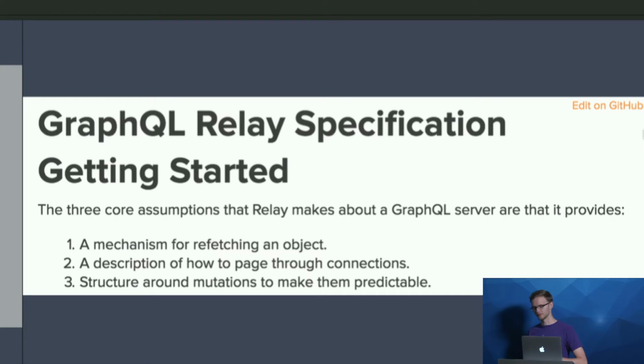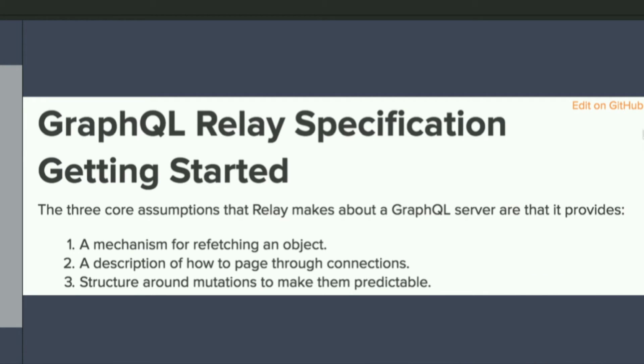So essentially, Relay assumes that your GraphQL server isn't just random GraphQL, it's actually a well-defined GraphQL structure. So for example, it expects a top-level node field where you can query any object in your entire universe of objects. It defines a structure for pagination, which Joe was just talking about. And these are things that most REST APIs don't support out of the box. A lot of things, as we've talked about, use limit and offset. They might do cursor pagination. They might do it in some other funky way that's not quite the way that Relay thinks about it.